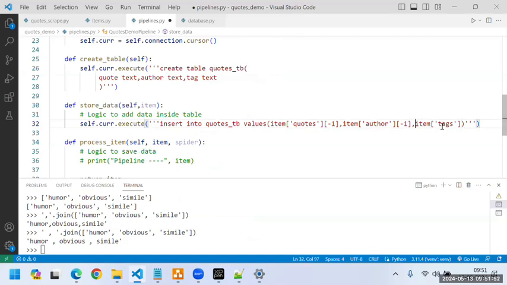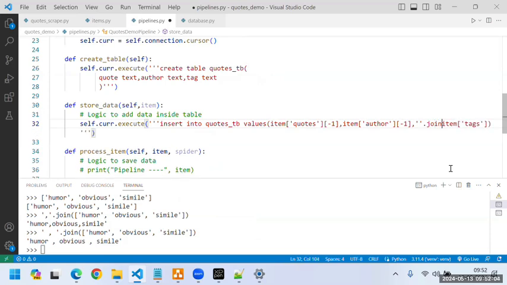So what we will be doing is item tags, so let's say dot join, okay, item tags. Right. So now what we are trying to do is we insert the values, codes, author, and tags within that